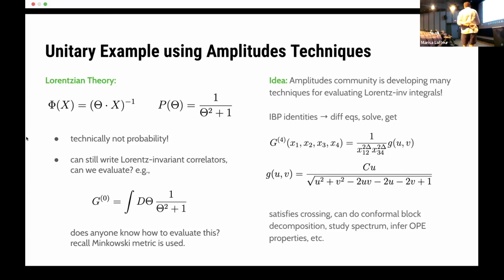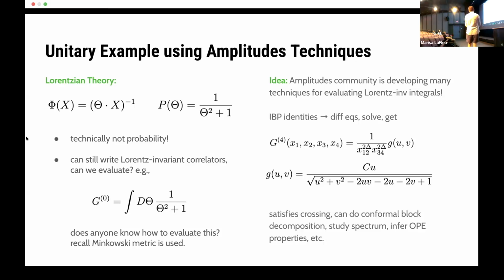But that's fine, because I can still write down the correlators, and you can ask how I can potentially evaluate them. If you look at this, particle physicists in the audience will say, okay, remembering that this is over D+2 dimensional Minkowski space with a theta squared contraction, this looks like the propagator that would appear in a one-loop Higgs calculation, where the role of the momentum is played by theta and the mass squared has been set to 1. So we know how to do integrals like this. You can just dim reg this or use whatever favorite technique you want. And more generally,